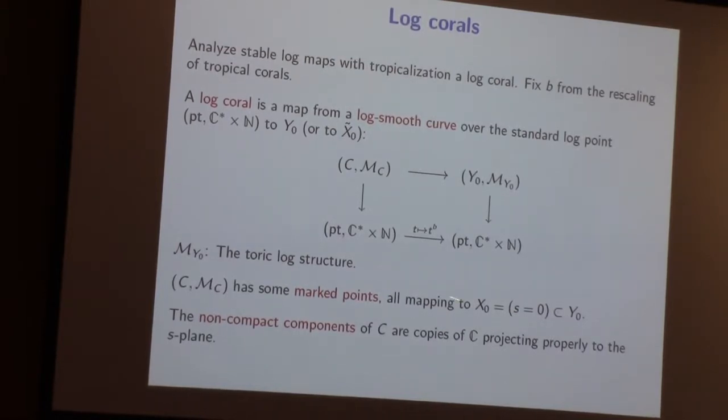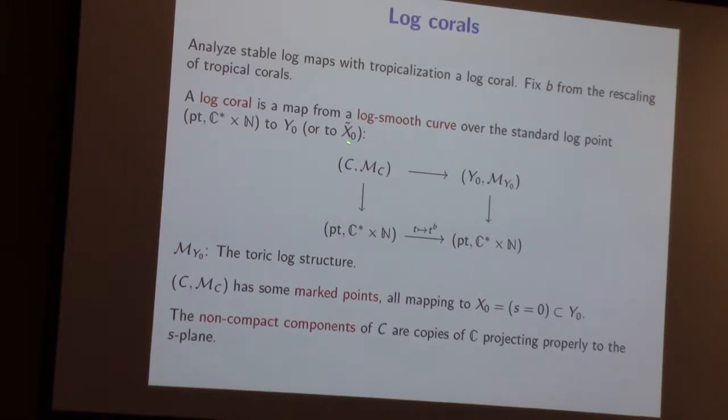I'm not going to bore you along, this is log structure stuff, but here's the definition. We have this procedure that tells you that if you have stable maps together with the magic powder, the log structure, there's a way to extract canonically a tropical curve. Let's take this as a black box, with many years of experience with Mark on how to do that. So I can just understand what it would mean to write down a logarithmic thing that would produce a log curve. It's essentially the same definition you would do for a stable logarithmic map,